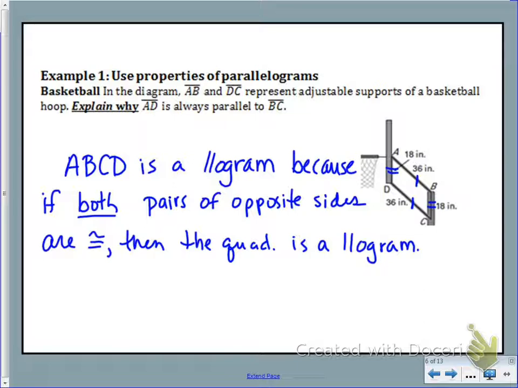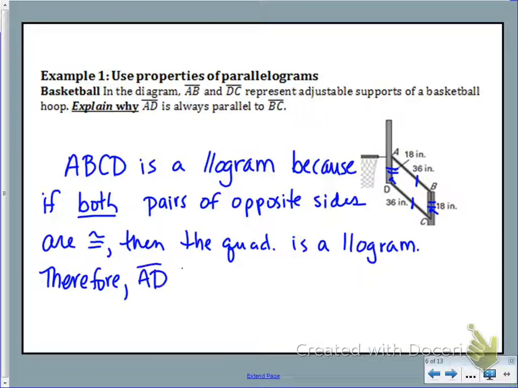Now it's asking us to explain why segment AD will always be parallel to segment BC. Well, one of the traits that we listed before about parallelograms is that both pairs of opposite sides are parallel. So that would mean that both pairs of opposite sides, including AD and BC, will be parallel. So therefore,